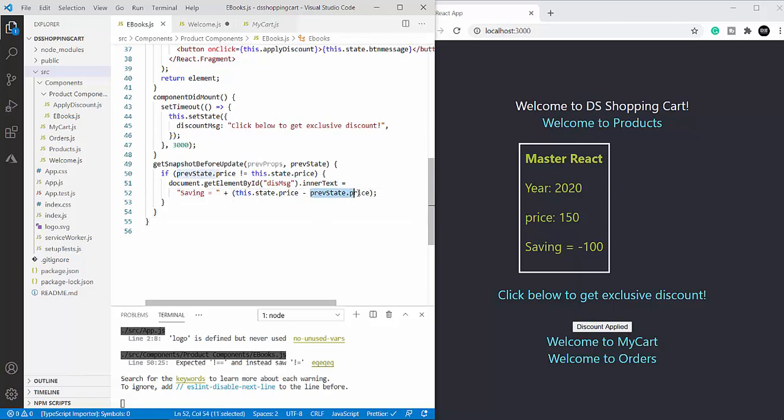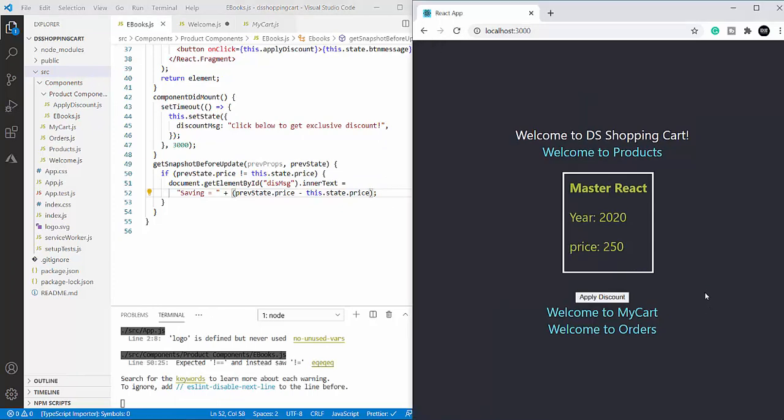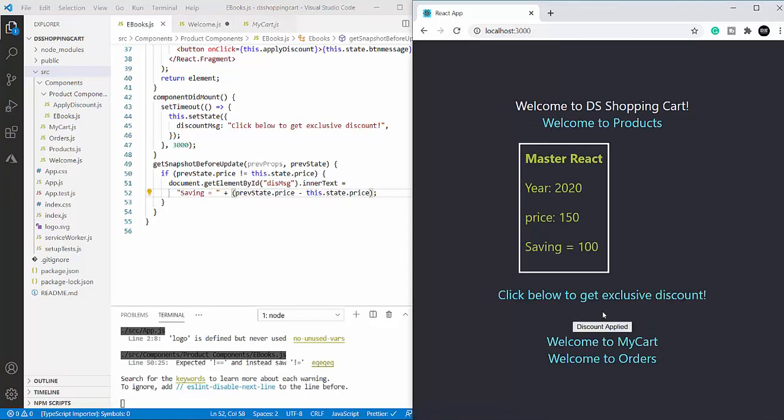Now let me reposition this to get a positive value. Apply discount. Yes, I got 100. If you have also noticed, initially when there is no change in the state, previous state here, the display value was empty, just as we wanted.